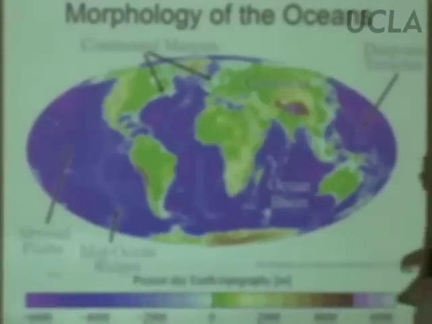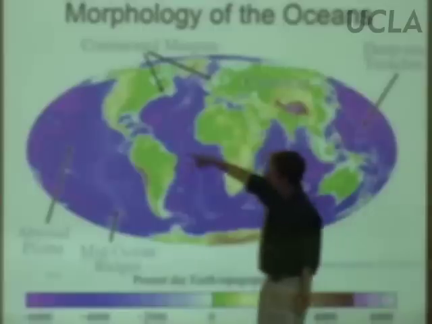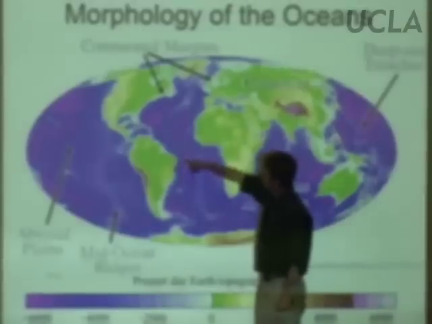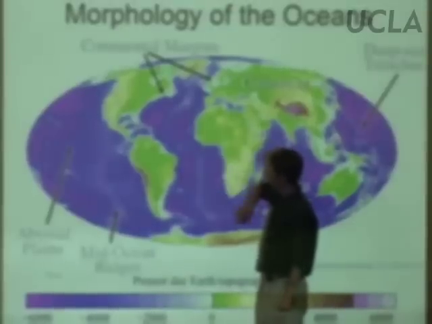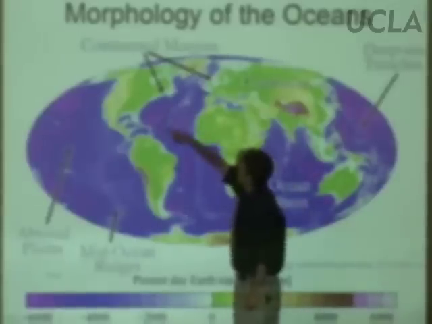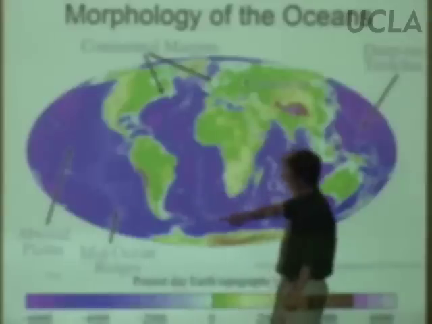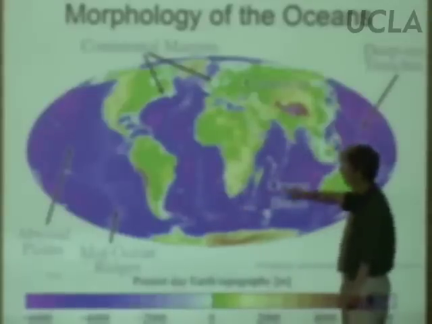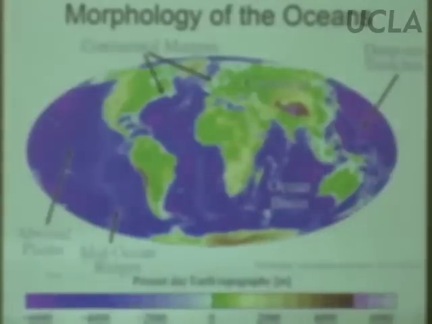You can see that some parts of the ocean are pretty featureless, generally fairly deep. Some parts of the ocean, like this funny ridge, are at somewhat lesser depths, closer to the surface. They tend to form these ridges that circle the globe. What's up with that? And of course,